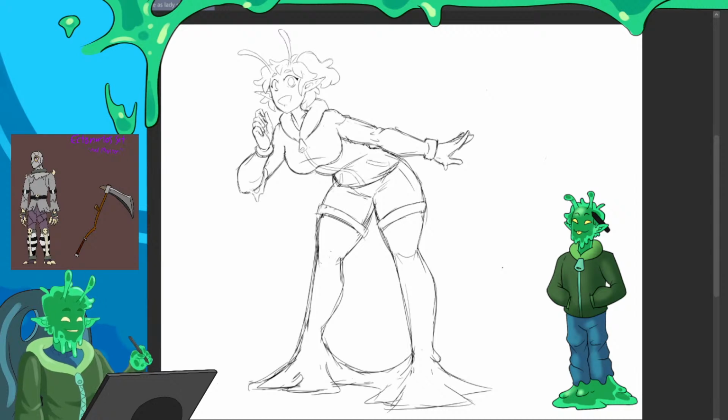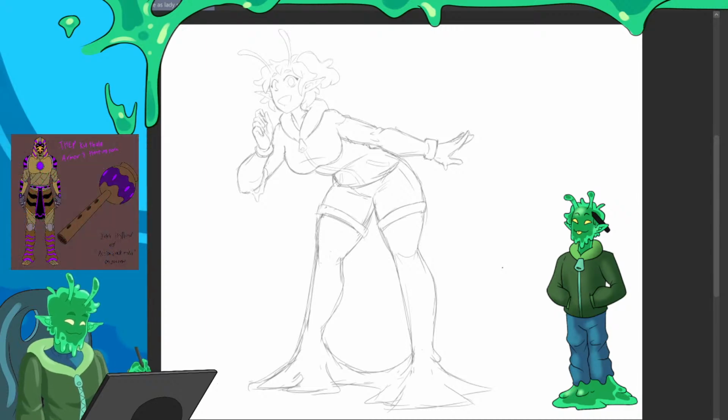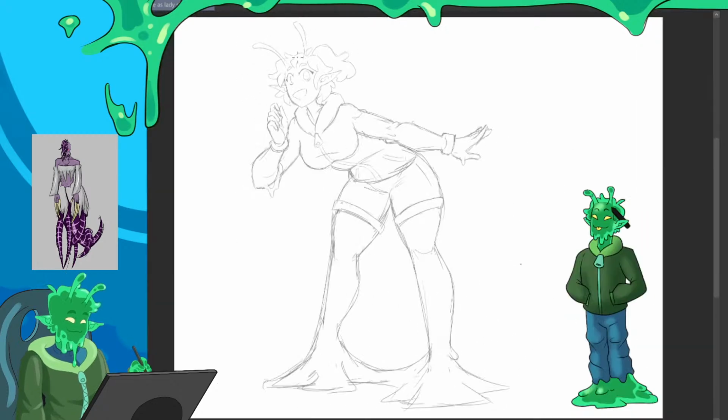But I think for the ease of, no, I'm gonna go all out. I was gonna say, oh, for the sake of simplicity, we'll do just all black line art, but nah, I'm gonna go all out. I'm gonna color the line art, and I'm gonna grab my G pen, and we're gonna get going. Turn stabilization on.